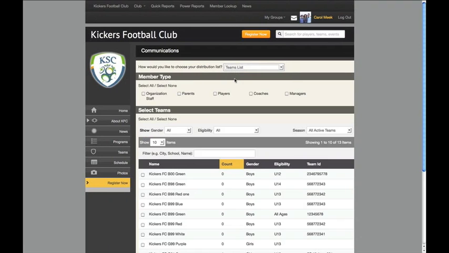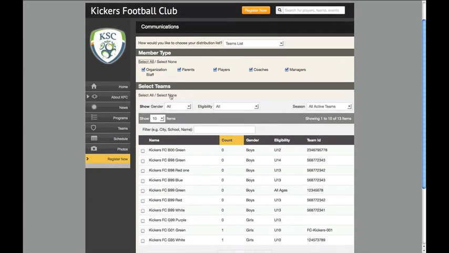The other option that you have is a teams list. Once you've rostered people to teams, you can choose to reach out to a specific group of teams or all your teams. Under member type, you can select either just parents or players, or if you want to select all, you can email organization staff, parents, players, coaches, and managers. Then you can select between any group of teams or specific teams that you need to. If you want to select all of your teams, go ahead and select all, or you can also go by